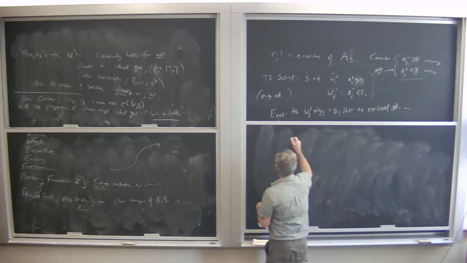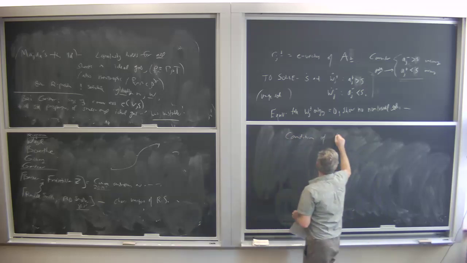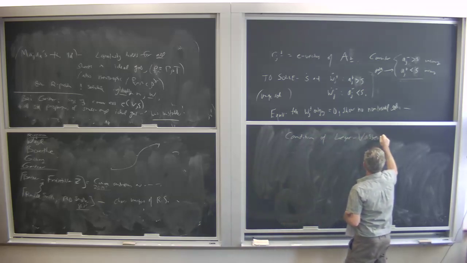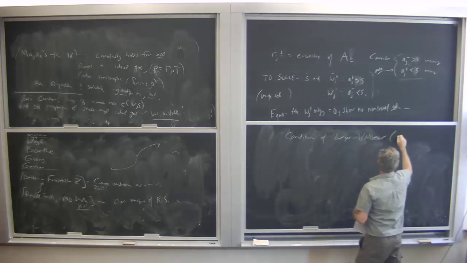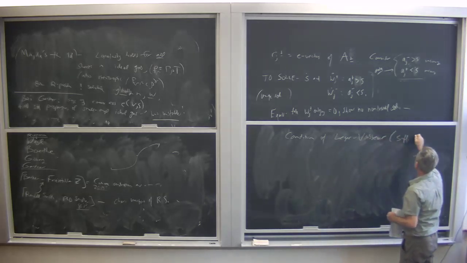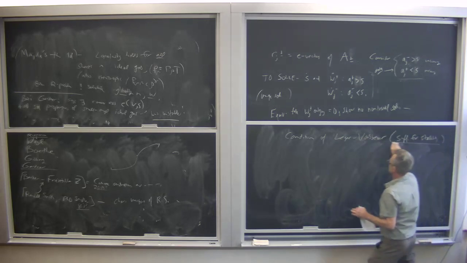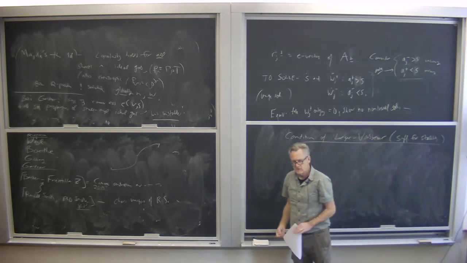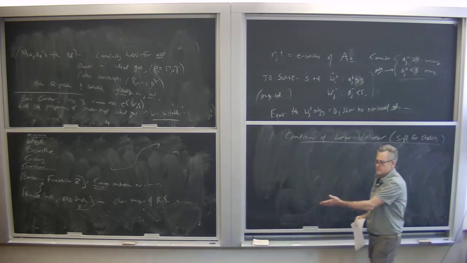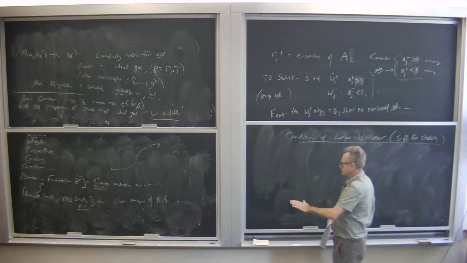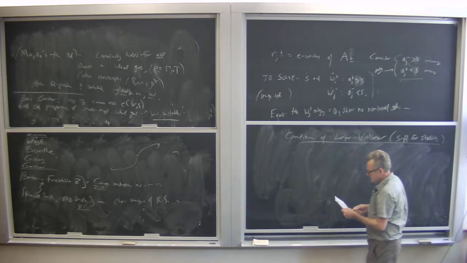Okay, so we're going to go back to the condition of Leger-Vasseur. It's a sufficient condition for stability. And all these kind of things I mentioned were intended to be just sufficient conditions. Like if we know some certain nice properties, then it should be good. And it has that flavor.